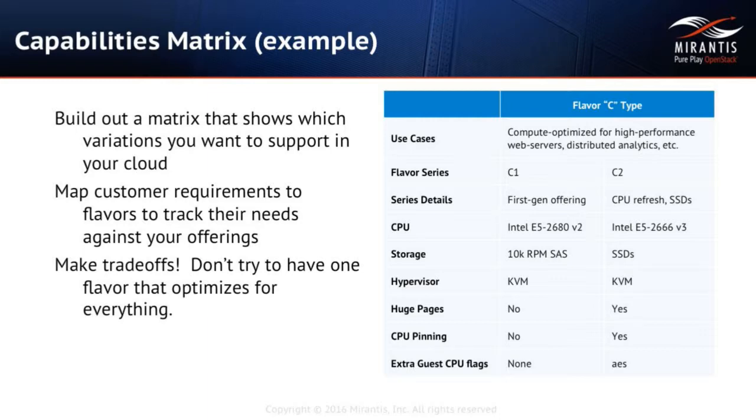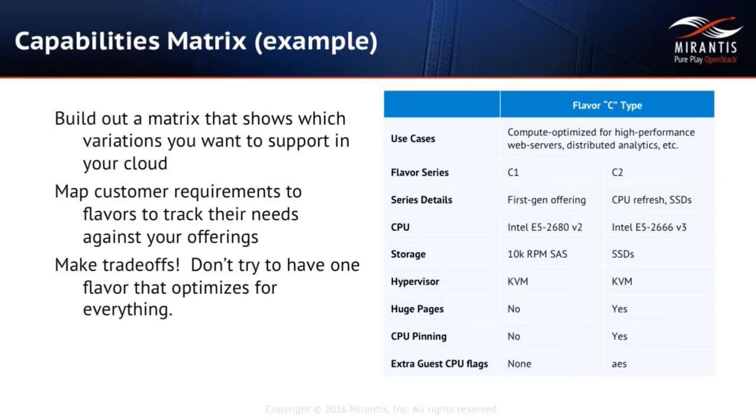So another thing you can do is you can map your customer requirements to this matrix. So if you have tenants that have requested specific features, specific things, right? Now you can map those requirements to the matrix and keep track of who's using what and why they need that, and why you have these different variations